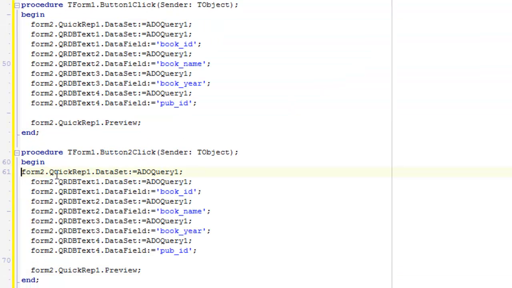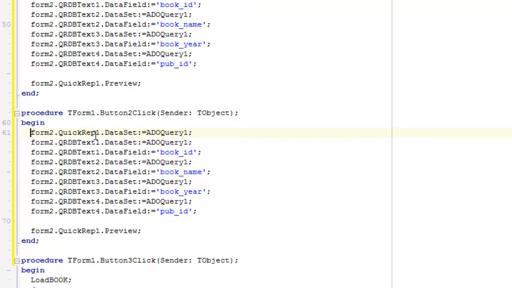Okay, we have to change a little bit, like quick report 2 right here. We are going to use this quick report 2, and the other query is other query 2. Right here we change all to other query 2.